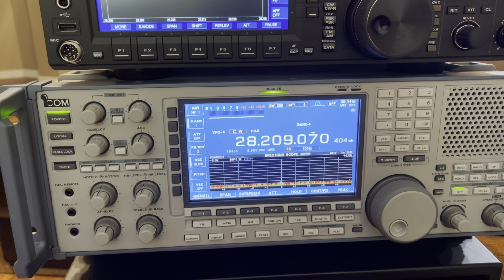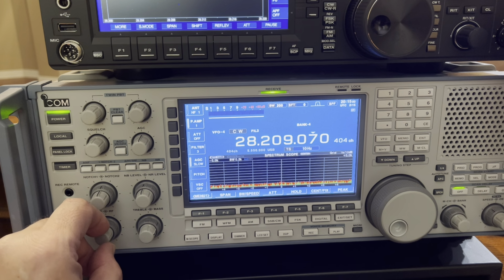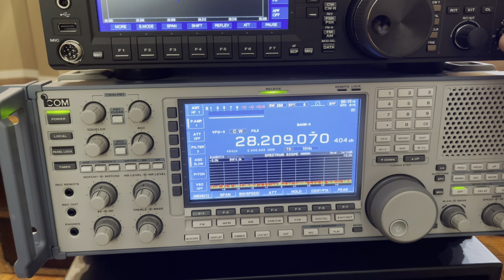The .200 preamp, just like the Kenwood. I'm going to turn the Kenwood up. So I'm thinking they both sound about the same. I can't slag either one of them, and I can't give it to either one of them. So